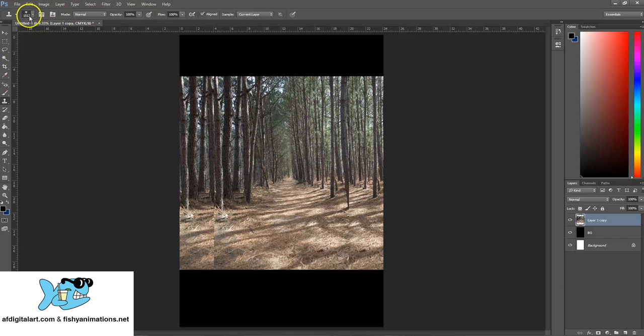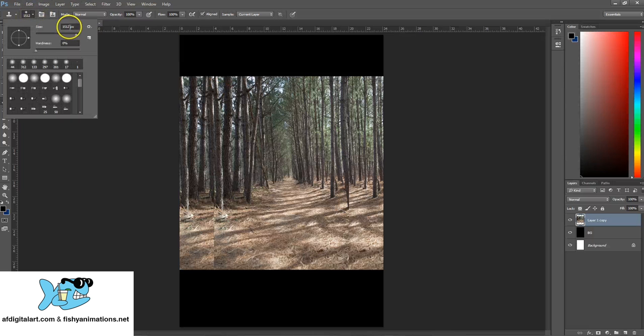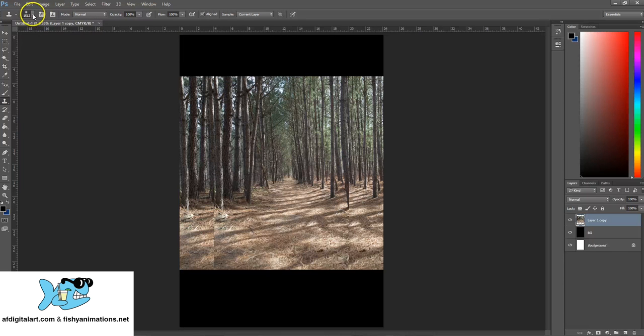And when I get the brush size I want, I went with like a 1512. I'll just click that tab to reclose it. The clone stamp's really interesting. I can hold the Option or Alt key down, and I will click an area of the photograph and just left click, then release that click, and it's going to allow me to draw that area over that part of the image, and we're going to